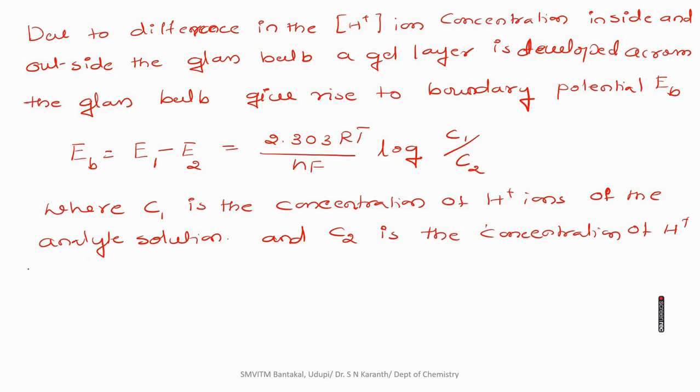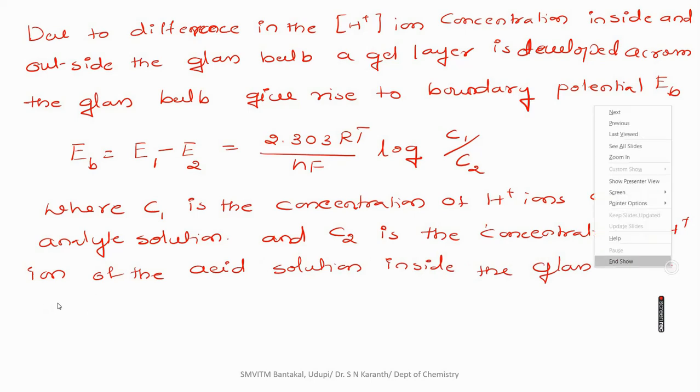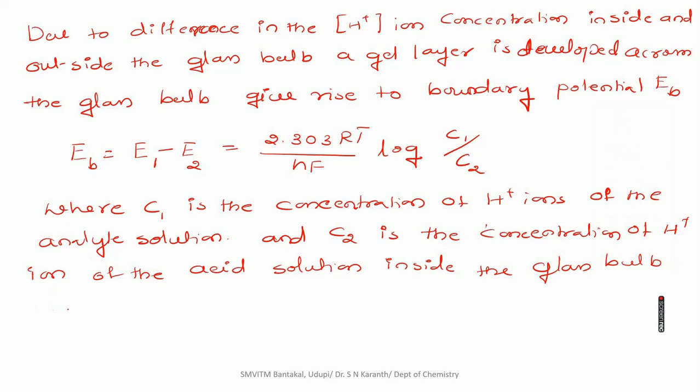It is always constant. Usually we take 0.1 N HCl throughout the manufacturing, so we use 0.1 N HCl. So C2 is a constant, and the number of electrons transferred during the reaction, N, is equal to 1, because there is always an H+ ion. So C2 is constant and N is equal to 1. Substitute these into the previous equation.